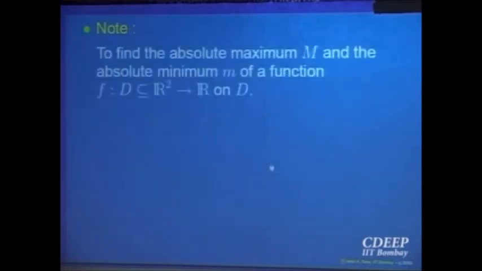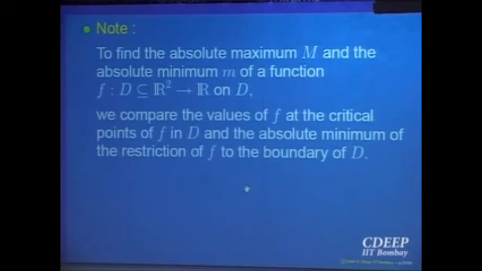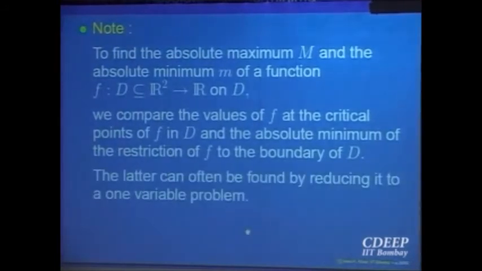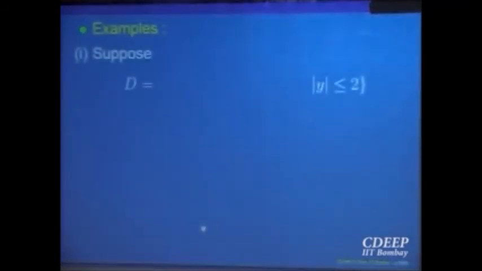Right. So as I said, we compare the values, and whatever I just now said, I am just showing it to you. Let us look at some examples. So let us look at how to compute. Domain is xy belonging to R2, so that mod x is less than or equal to 2, mod y is less than or equal to 2.